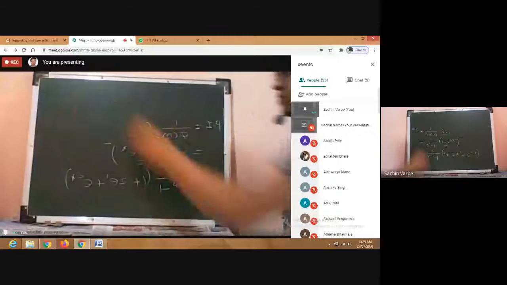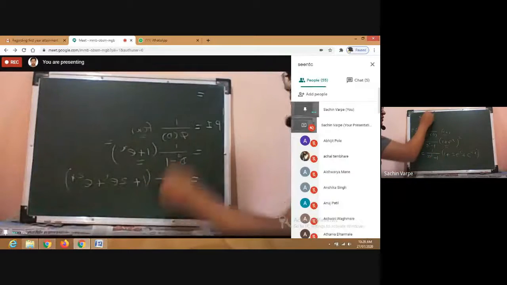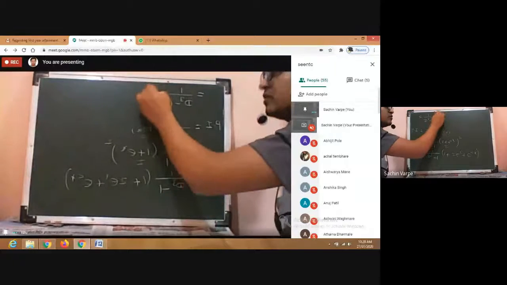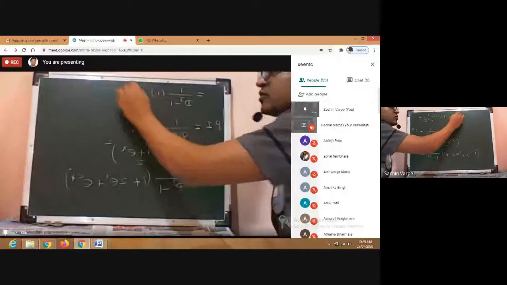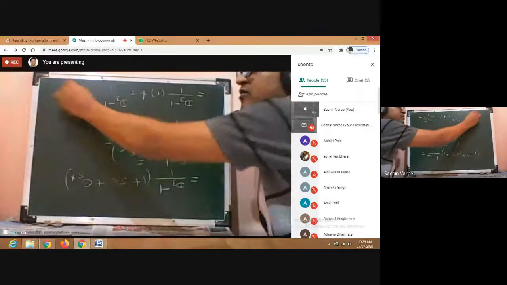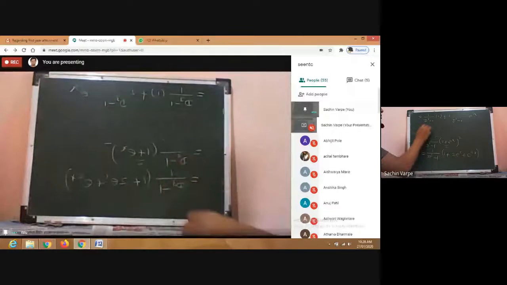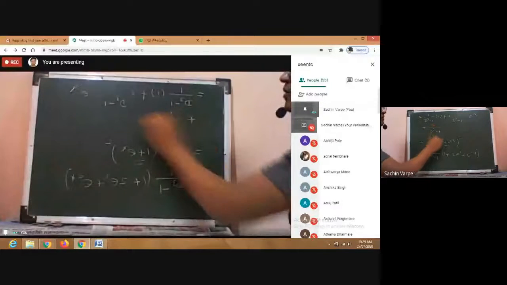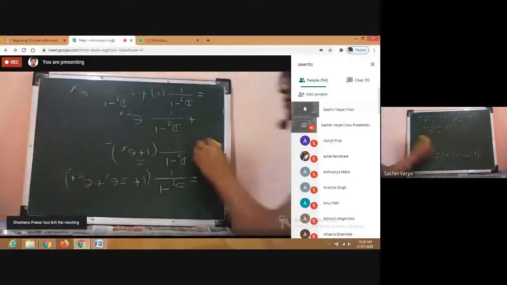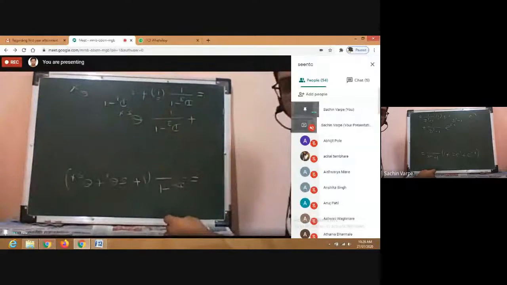Therefore, PI is equal to 1 upon (D^3 - 1) into 1, first of all let us write like this, plus 2 times 1 upon (D^3 - 1) into e^x, and plus 1 upon (D^3 - 1) into e^(2x). So for 1, that is a constant, what we are doing? We are replacing D by 0.